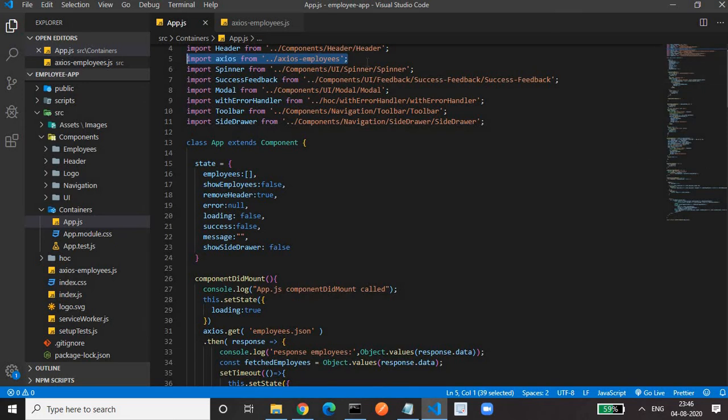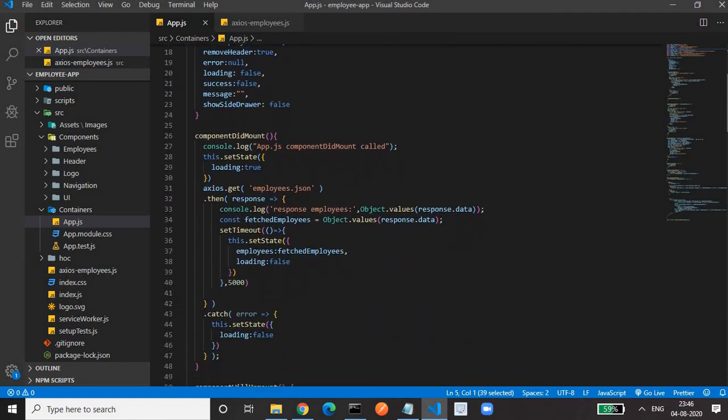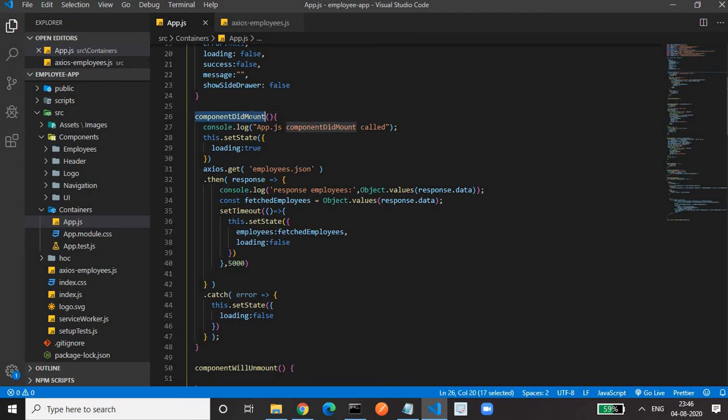I need the API call here, so we'll use the lifecycle method. We covered the lifecycle methods in my day 5 class, so please go through that. The best method to call a side effect or API call, as we learned, during component creation is the componentDidMount method.